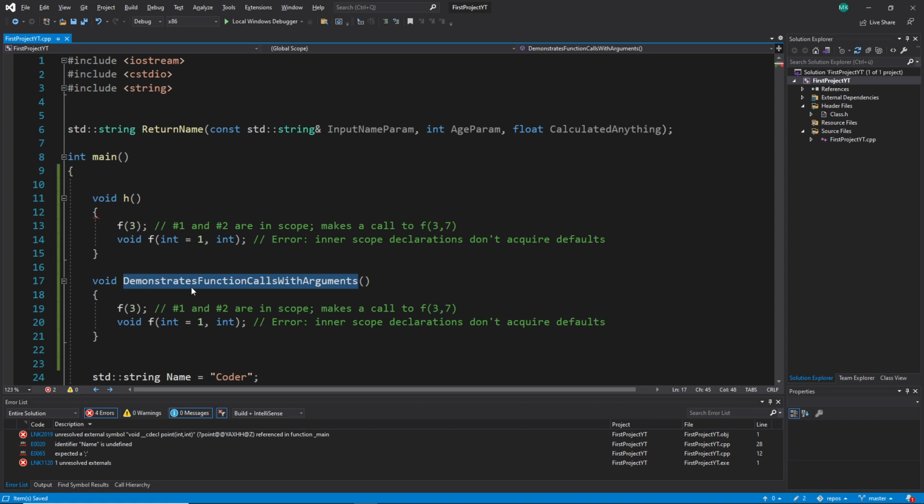And okay, this demonstrates function calls with arguments. Okay, at least a function call here. Here is a function declaration. So this information is not even enough here to understand this one. So it's not perfect, but it is still better than this other one, where I have no clue. Here in this case, you have really identified the whole code.